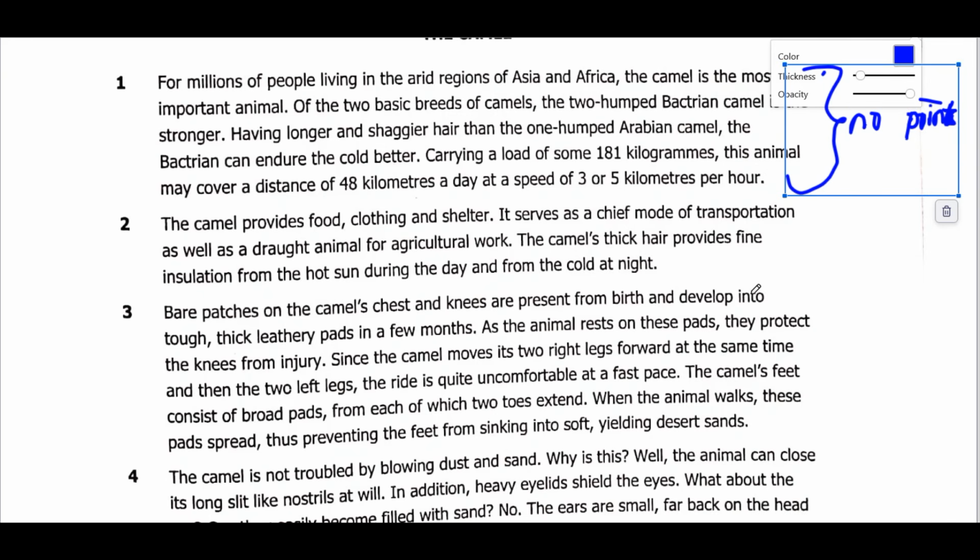So let's check paragraph 2. The camel provides food, clothing, and shelter. It's not a point. They are giving us the benefits of a camel to human beings, but we want how the camel survives. It serves as a chief mode of transportation as well as a draught animal for agricultural work. The camel's thick hair provides fine insulation from the hot sun during the day and from the cold